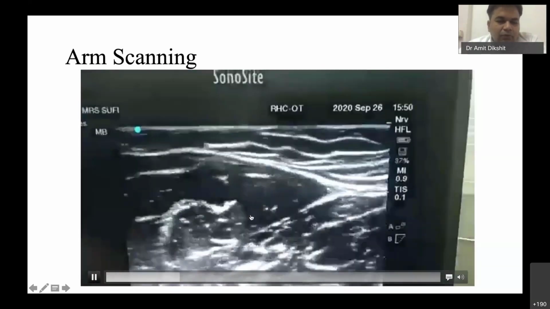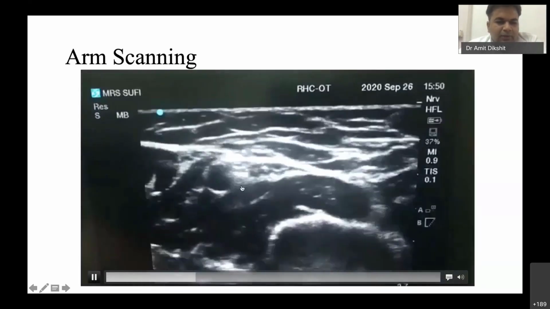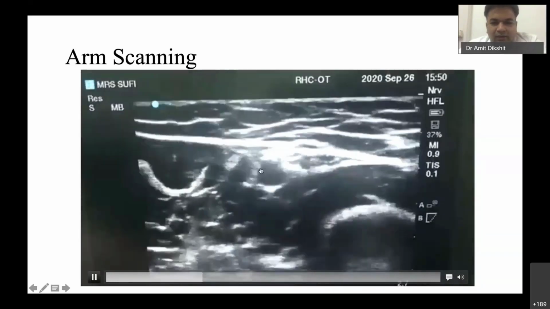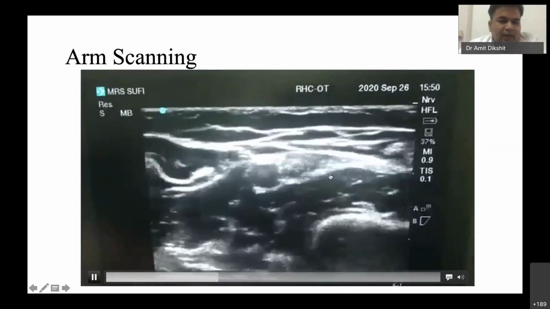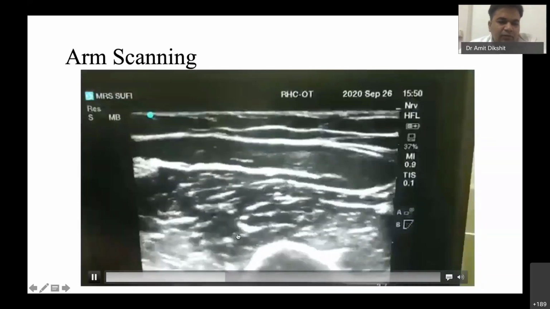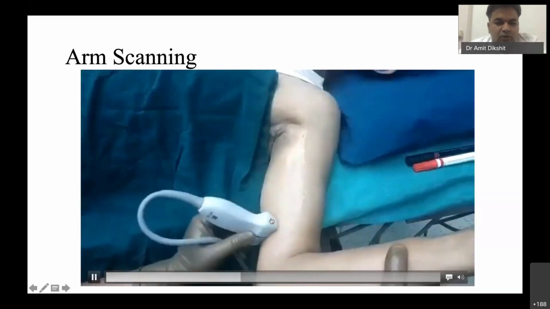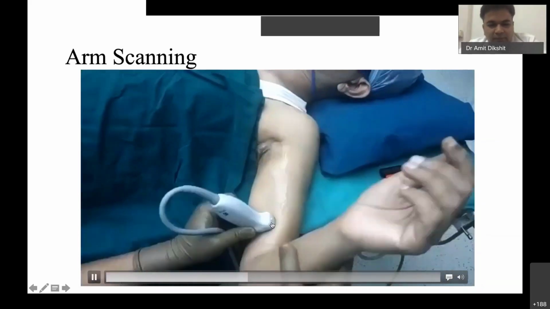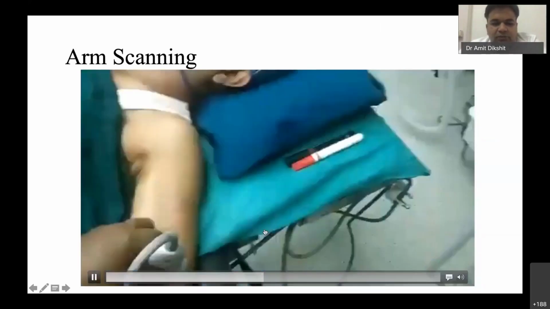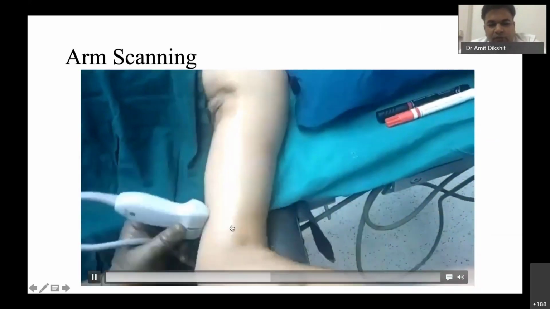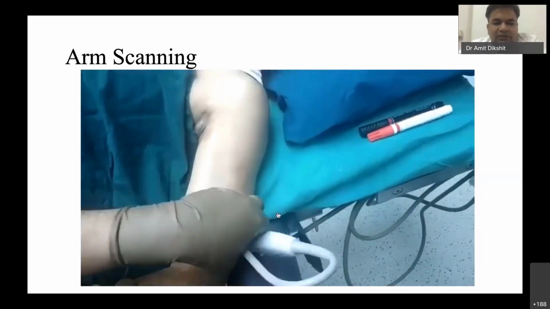And now I am moving my probe to the middle. So you can see the artery. It is about to form the brachial artery now. And just by the side of the artery, you can see the median nerve very nicely. Now if I move my probe still more laterally, you can see this is in the middle, and this is more on the ulnar side. Now I have moved to the middle to see the median nerve, and still more laterally from the midline is the radial nerve. So they really fan out and they supply all these structures.